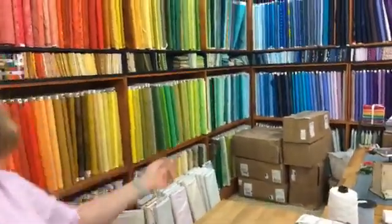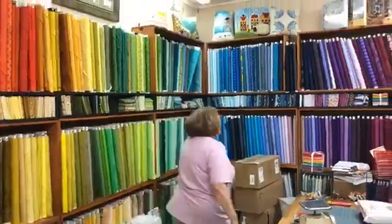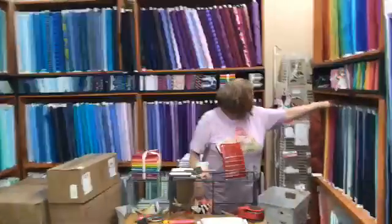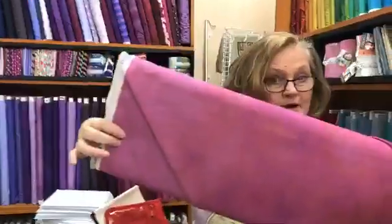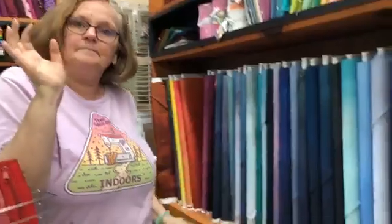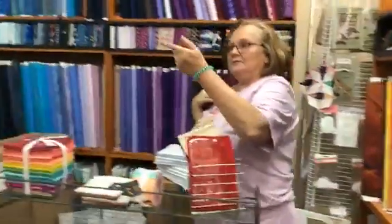So we're going to pan. This is the front area of our shop, the color wall area. We also carry a lot of ombres. So we have sky ombres and some other ombres, and that little section is over here. And you can follow her. She's going to take you into...